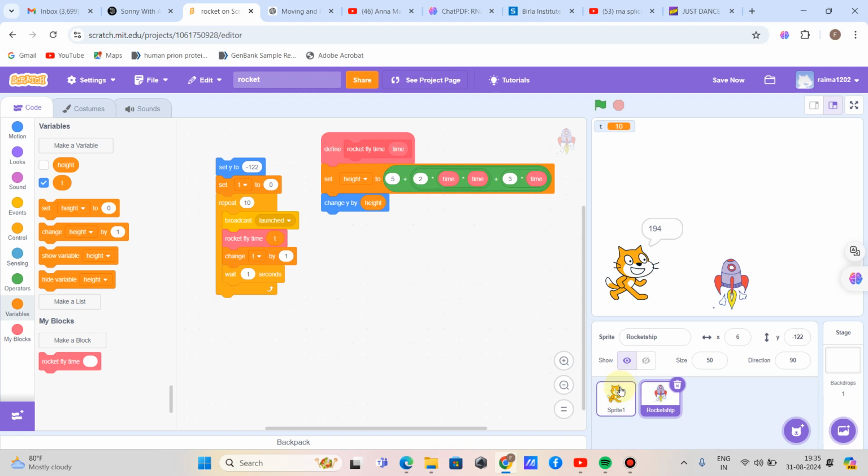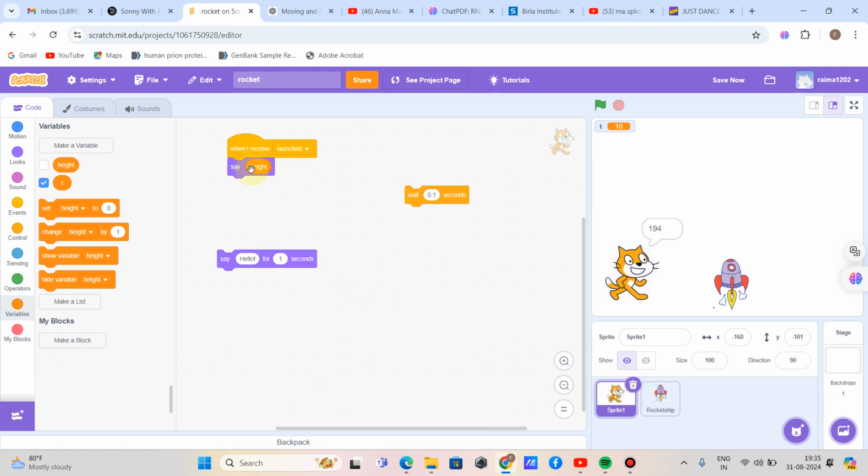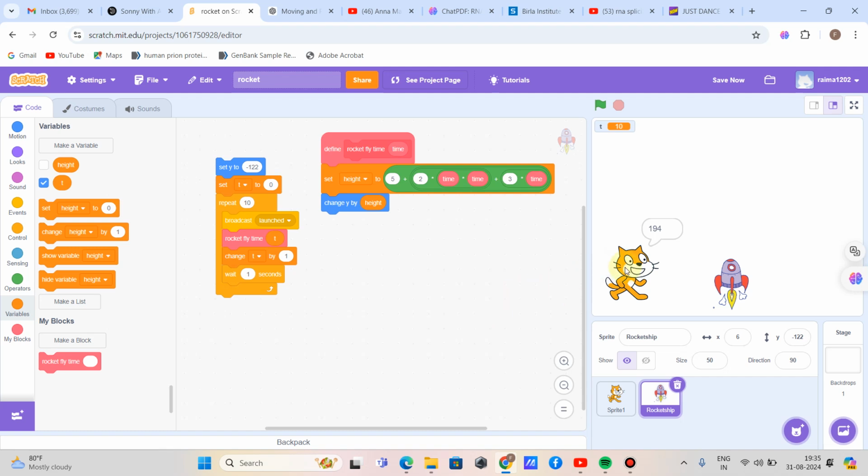In the first program, I made the cat say the y coordinate, but what happened is that the cat started to say the y coordinate and not the distance traveled by the rocket spaceship.